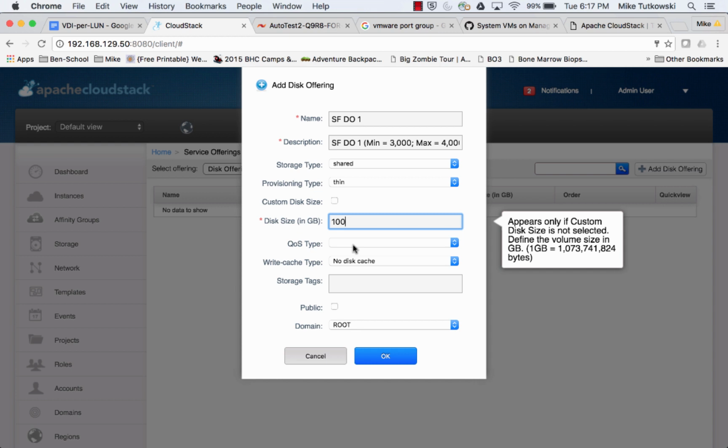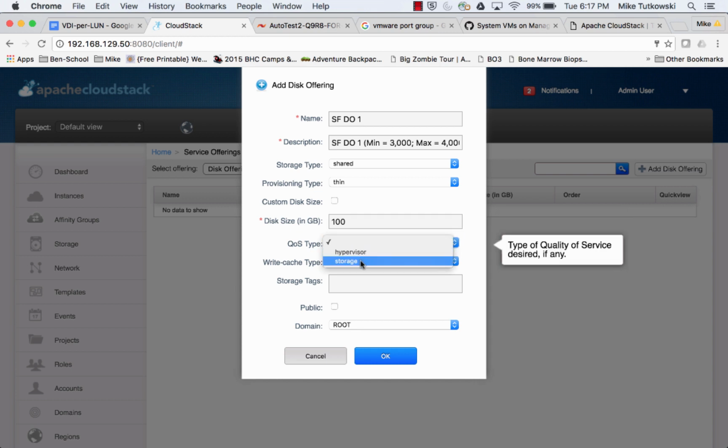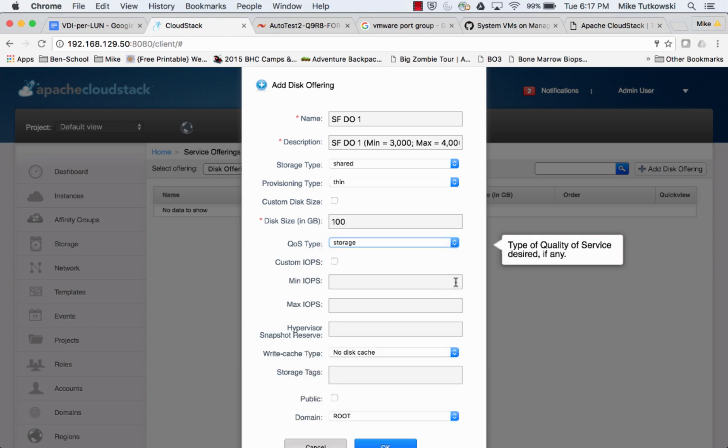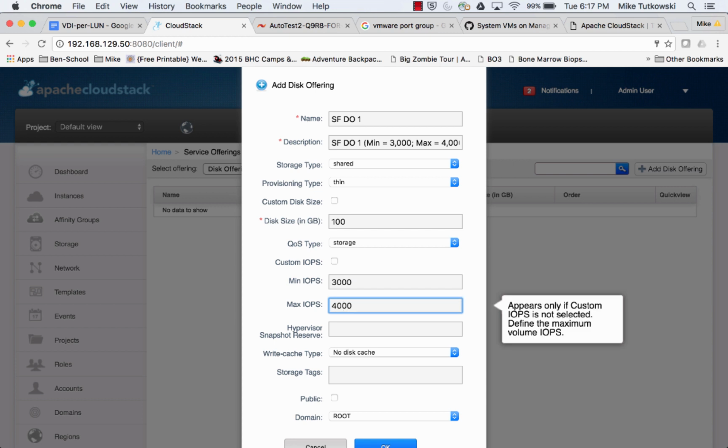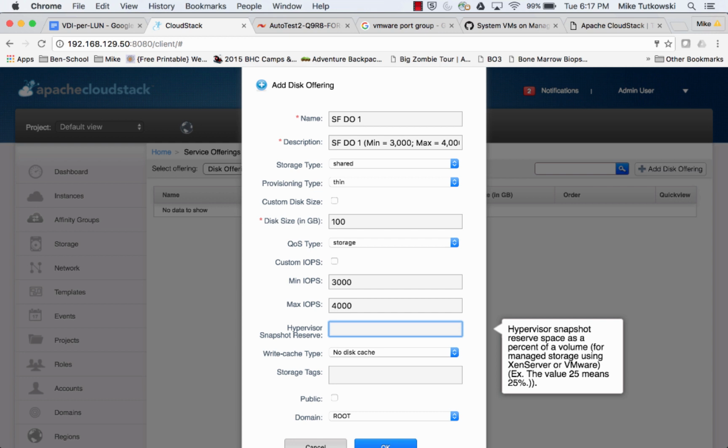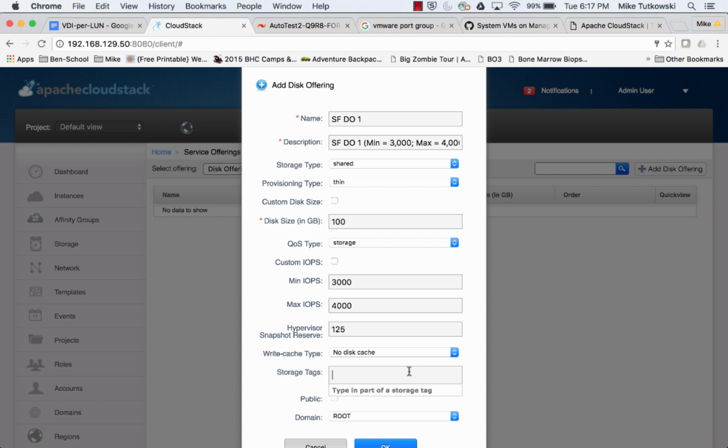And for the QoS type, we'll drop that down and again select storage, and we'll see our fields again. I will put in the 3,000 minimum IOPS and the 4,000 maximum IOPS. And then just like we did for the compute offering, I'm going to stick in 125% for the hypervisor snapshot reserve. Now we can go down to the storage tags area, and we'll make sure we put in the same storage tag that we had for our compute offering, because in a moment I'll spin up a virtual machine, and